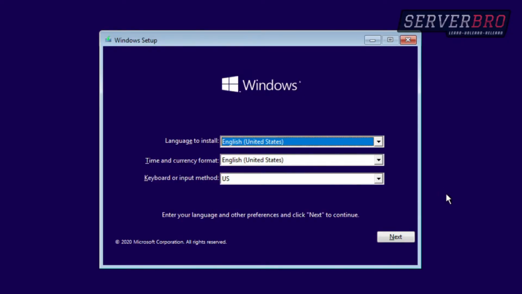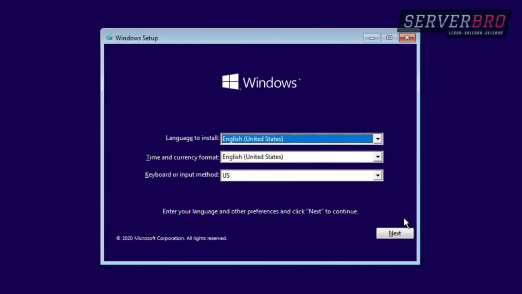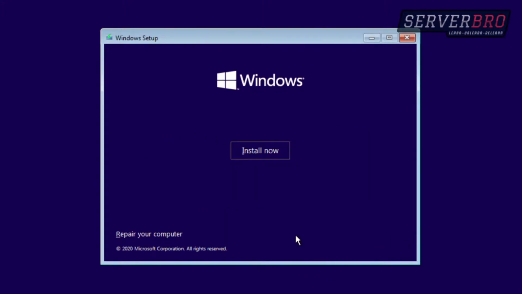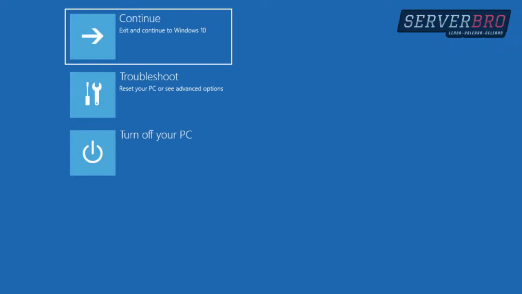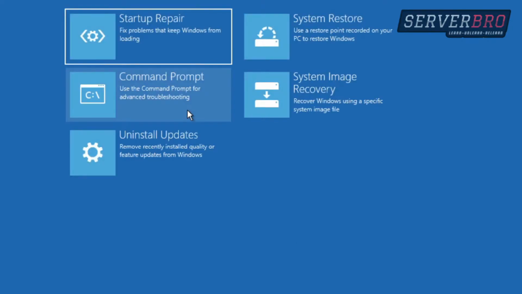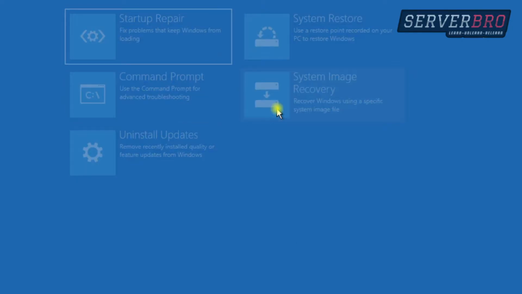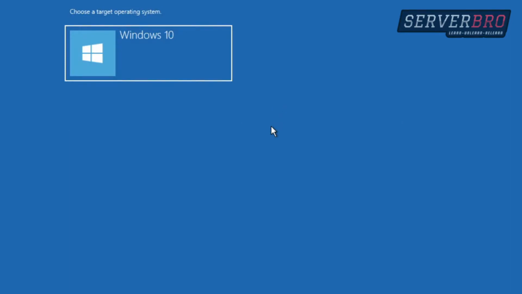Once you have successfully booted using your Windows installation media, whether it's a USB drive or a disk, you'll be provided with this screen. Here click on Next, and on the left side at the bottom click on Repair your computer. Then click on Troubleshoot and then click on System Image Recovery. Now it will ask you which operating system you want to perform system image recovery on. Select your operating system